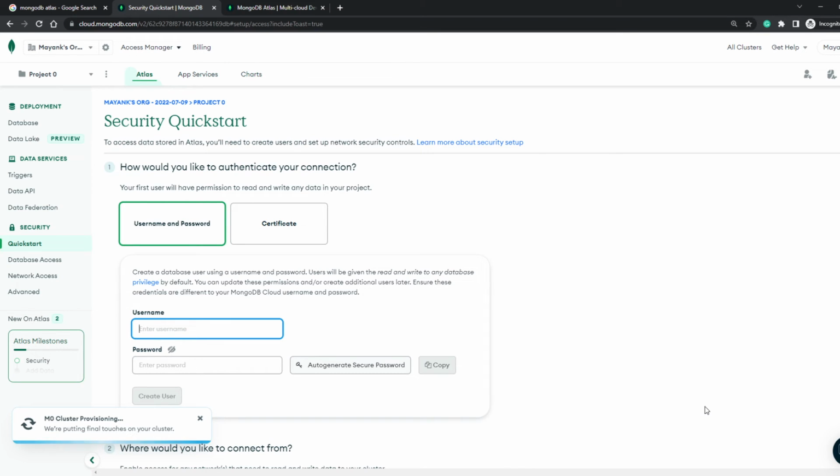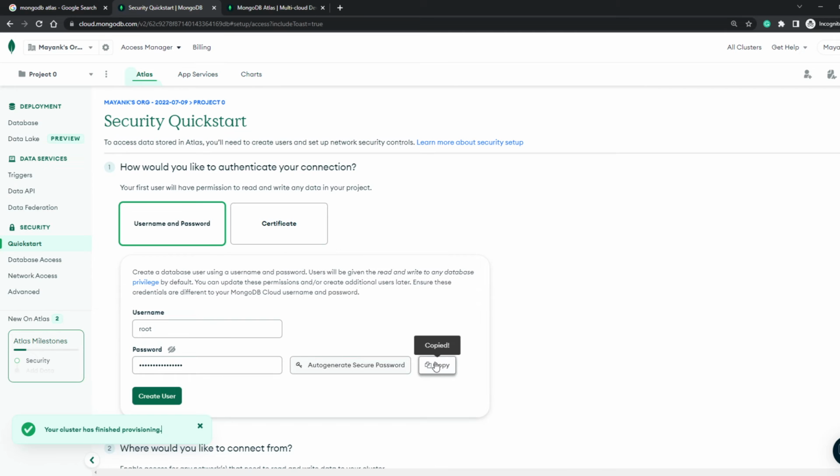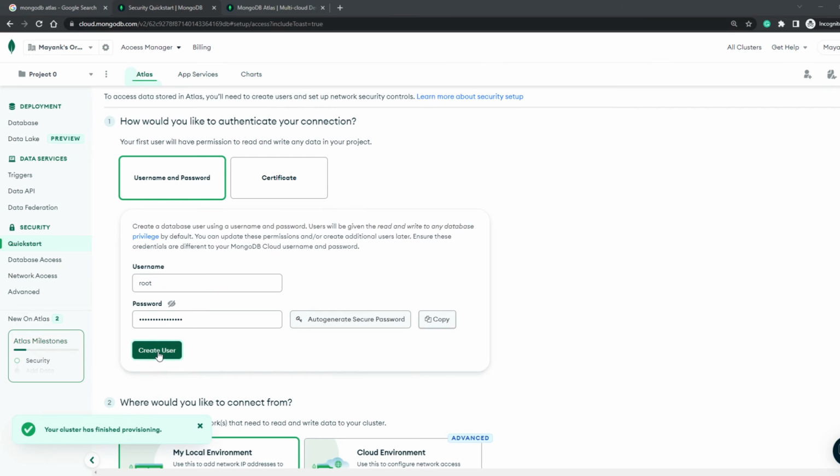Now we need to do a little bit of configuration around it. You can see on the bottom that it's provisioning our MongoDB cluster, which will take a few minutes to finish. But meanwhile, it also took us to the quick start page where we can choose how we want to authenticate our MongoDB instance. We'll just go ahead with the simple username and password, where I'll give the username as root and will auto generate a secure password by clicking on this button here. You can copy the password and store it at a secure location